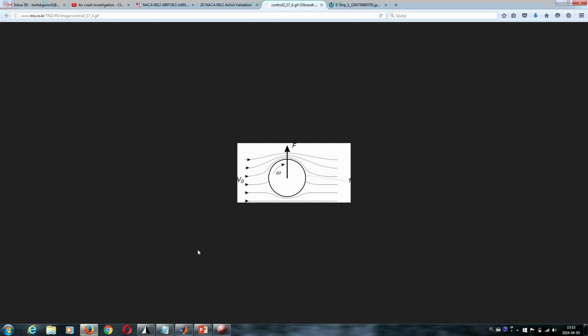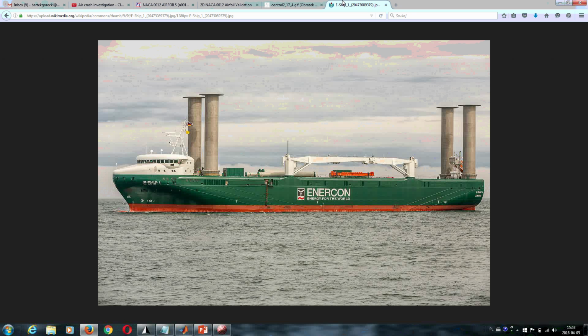So the phenomenon, which is well known, is that when the flow comes from one direction and the body is spinning, there is a force exerted on this body by the fluid. A very nice application, you might not be fully conscious of that, but there are, for example, ships which have spinning cylinders, and when the wind is blowing from one direction, it generates lift, so to say, a thrust. We will try to simulate this effect